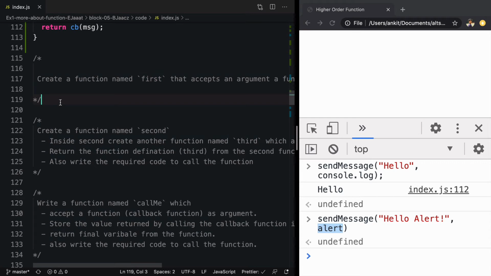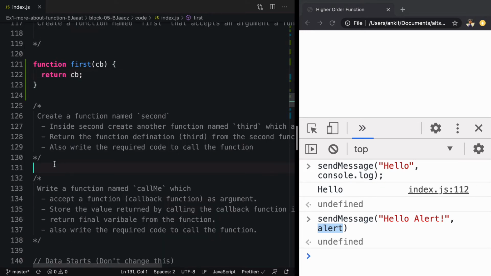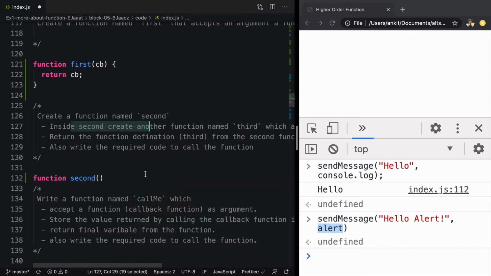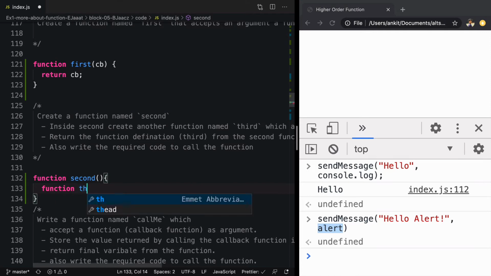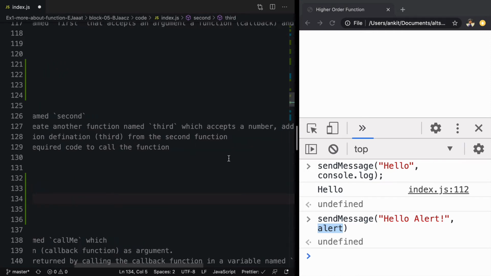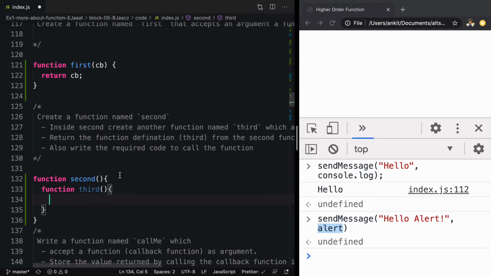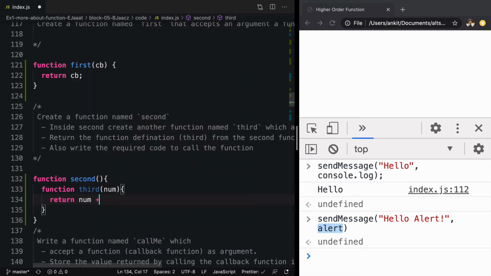Create a function named first that accepts an argument and a function callback and returns the same function as the definition. Okay, so we'll say function first which accepts a callback and returns the callback. We'll create a function named second. Inside that, create another function called third. We'll say function third which accepts a number and adds 1 to it and returns it, so it will return num plus 1.